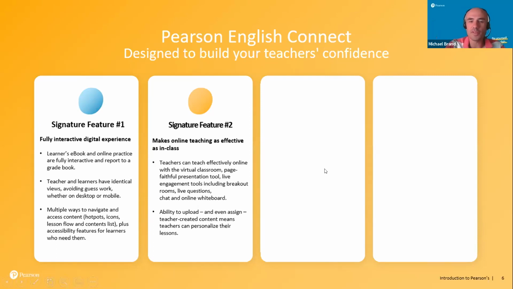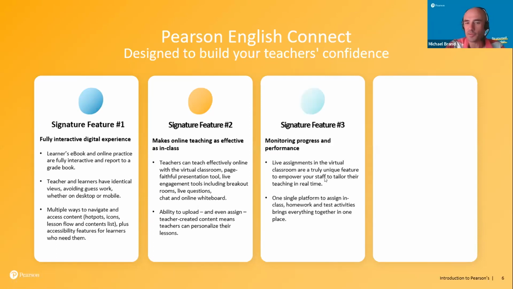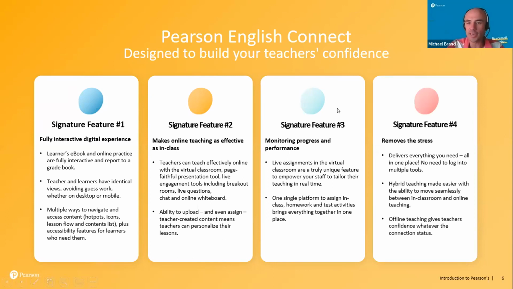So the live assignments in the virtual classroom really are a unique feature. I think this is the first platform with such a capability. And there's also one single platform where everything is housed, be that students' book, e-reader, online homework, video conferencing tool. It's all in one place. And that leads me to the last point.